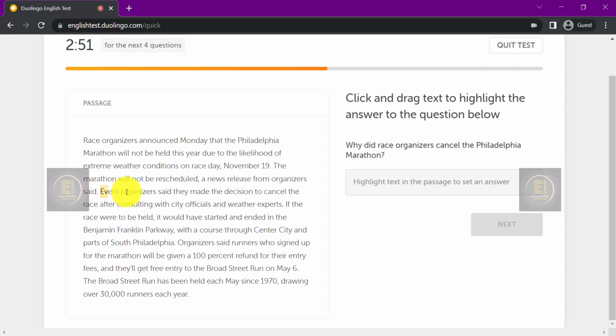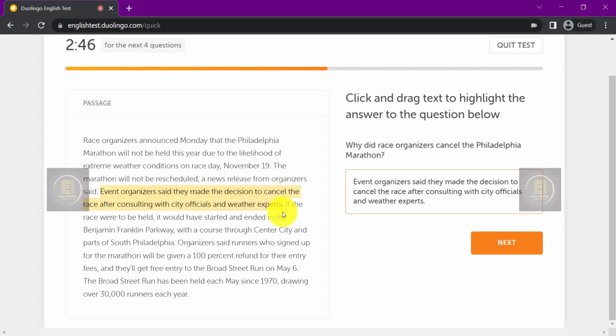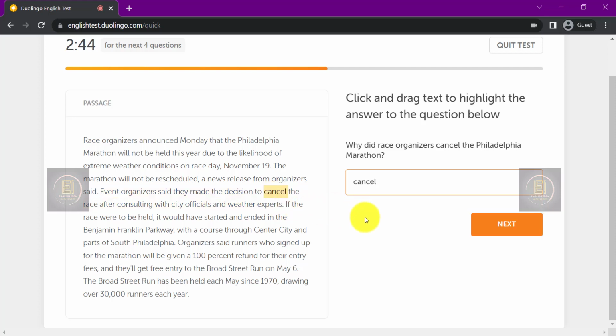Event organizers said they made. You see, this is the correct answer that we just chose. Alright. So this question is to click and drag text to highlight the answer to the question below. Why did race organizers cancel the Philadelphia Marathon? They cancelled it because of extreme weather